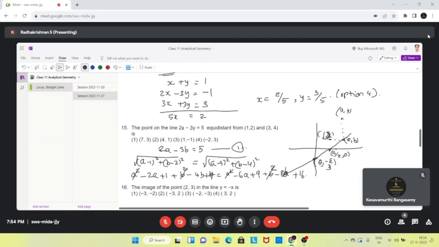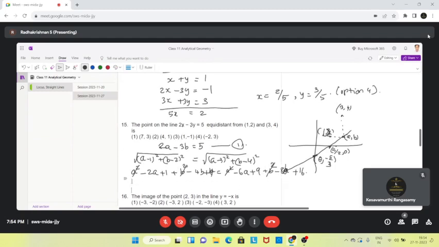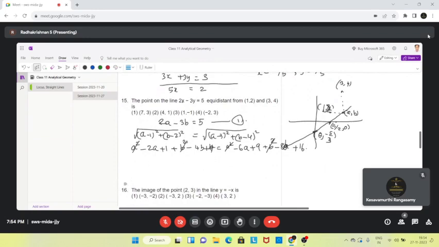So it will give you another equation of first degree, another linear equation. So this equation is minus 2a minus 4b plus 6a plus 8b is equal to 16